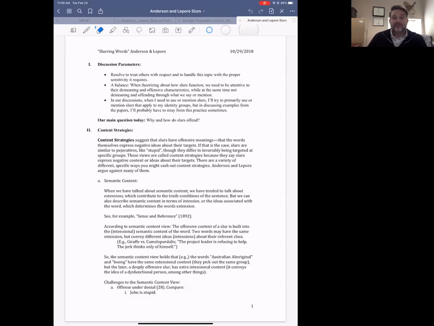We are all of us subject to different slur words, but some of those slur words are associated with particularly pernicious and damaging histories that make them much, much more painful when they're heard than other words. So we need to be mindful of that and to be careful in this conversation. First of all, never to denigrate anyone by means of these words, but also perhaps to exercise some caution when it comes to our own use of these words.